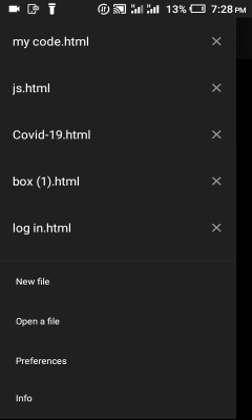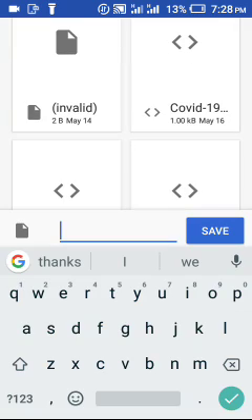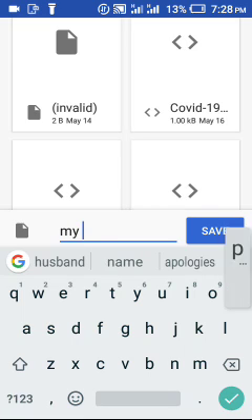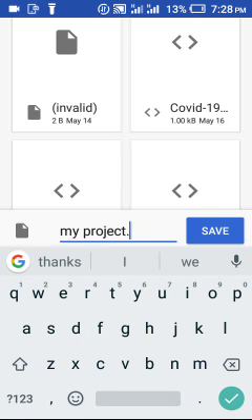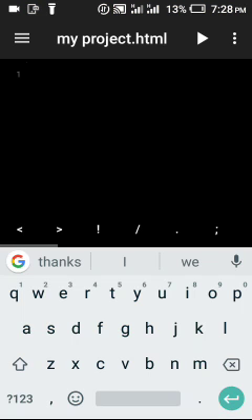After that, you create a new file, and make sure your new file extension is .html. Save your file. You may save it with anything, but make sure it ends with .html, which is the program you are writing. You can save it with my project.html. Then you save. Then you open,